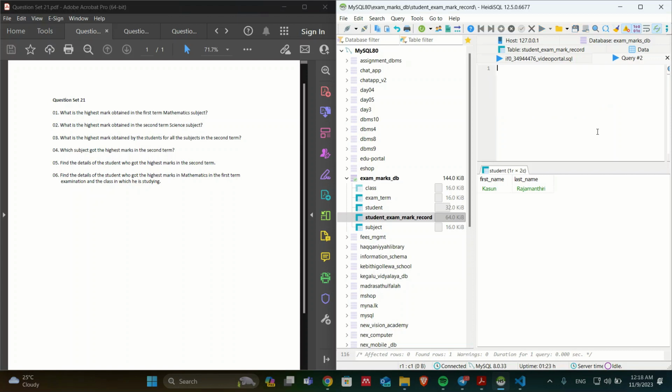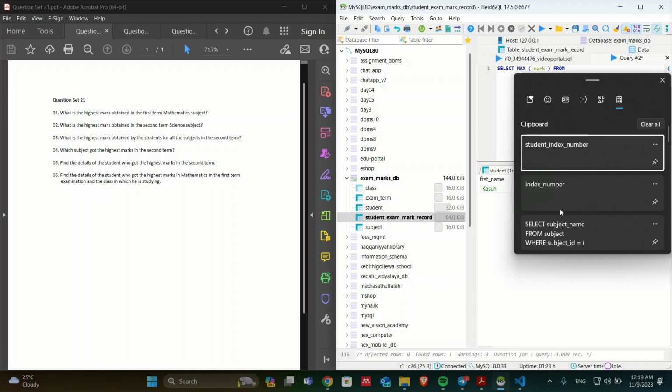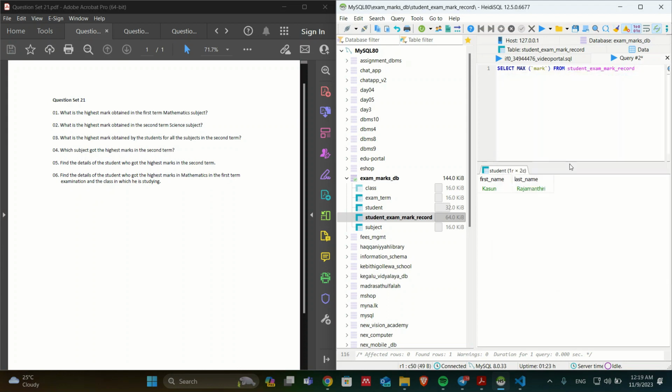Now let's type in the query, select. Like we use the min mark, we use the max, and I'm going to select the mark from student exam mark record, and now I'm going to use the inner join, and I'm going to select the exam term table,